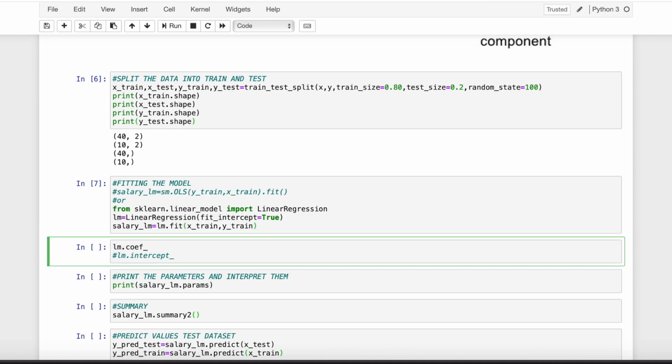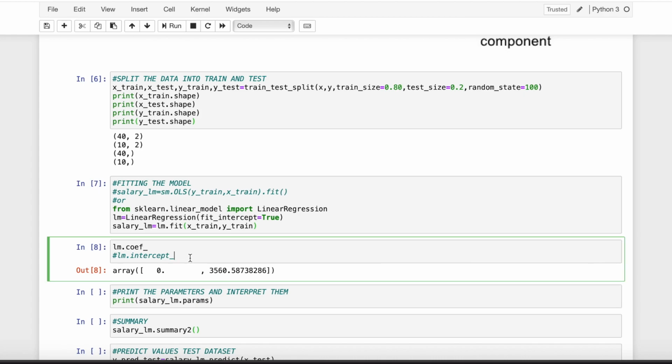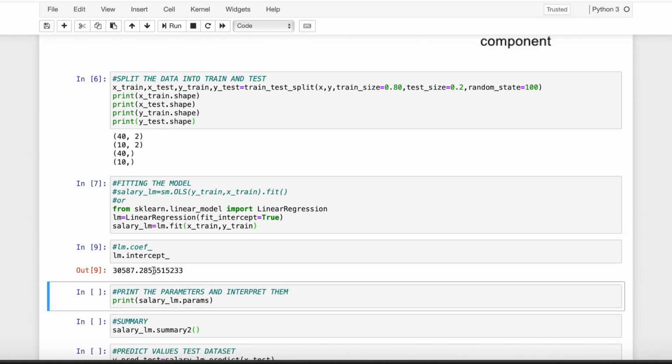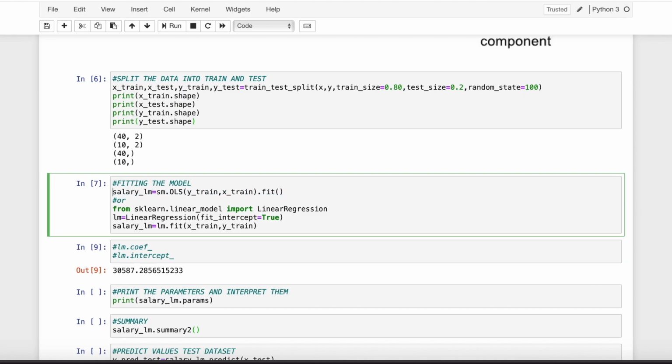And if I call the coefficient for LM, it gives me 3560 as a coefficient, and if I call the intercept here, it gives me 30587 as an intercept. So let's now use our OLS model and see if we get the same results.